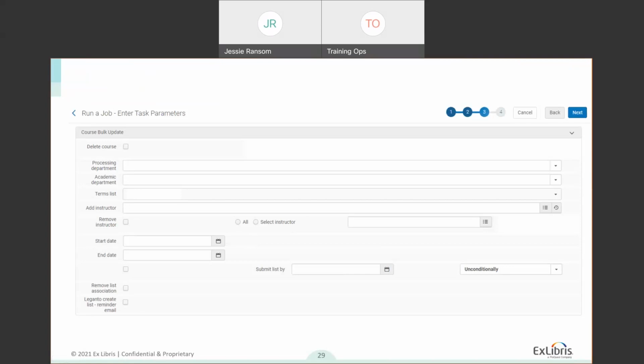when you run the job, but there's different options for how this will work. It essentially sends an email that's a reminder to them to create their reading list. So you can say we only want to send it where there isn't already a list associated with a course. We only want to send it if the list hasn't yet been submitted to the library, or you can send it unconditionally. But this is a nice way to remind instructors that it's time to start building their